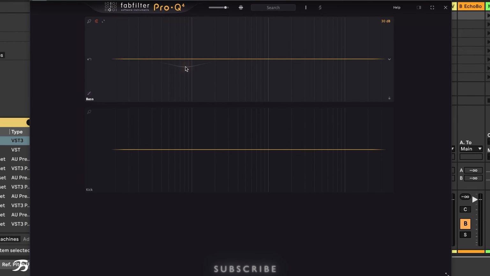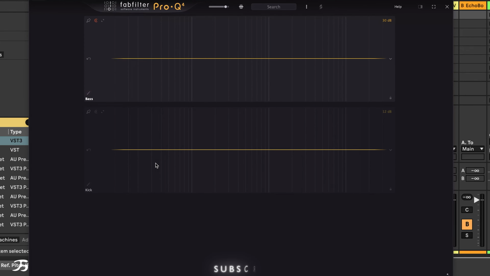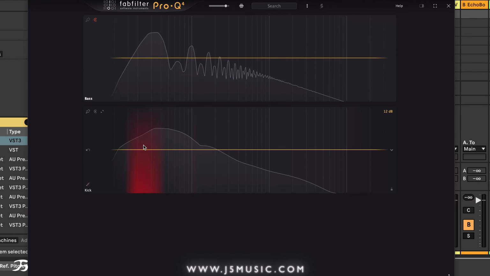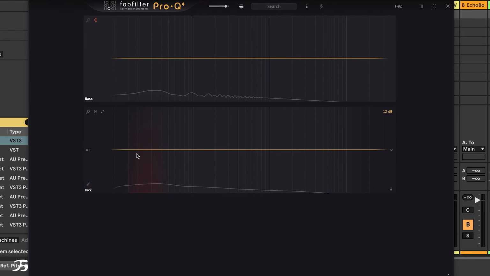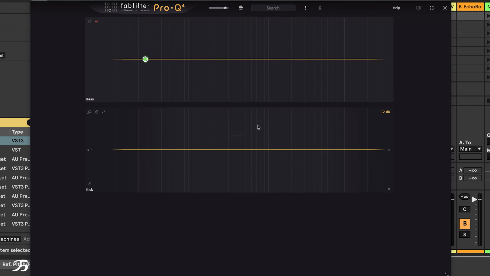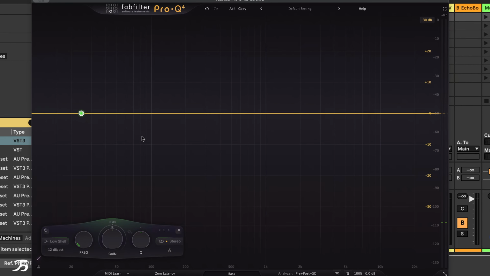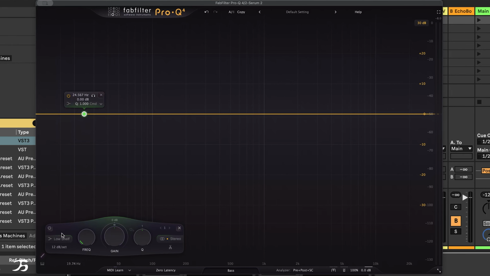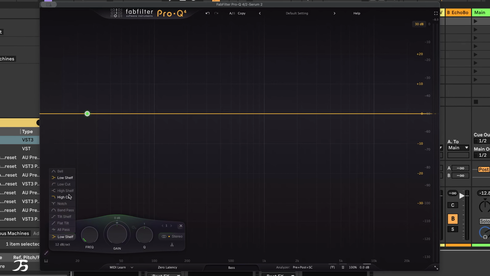So once I press start on this, you will see that some frequencies are clashing. And they're around about this area here. So if I just click up here and double tap that, if I just come out of this, you will see on my bass now I have this marker set. If I just put this to bell,